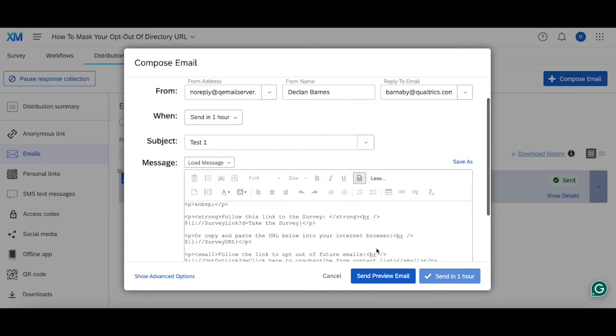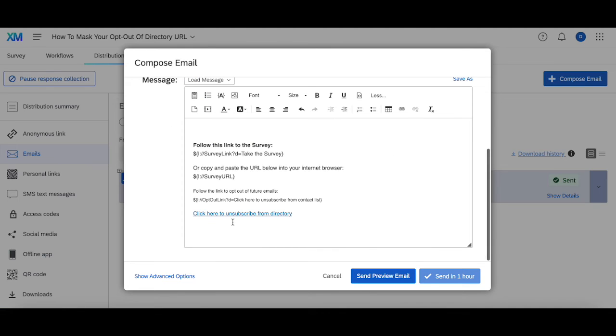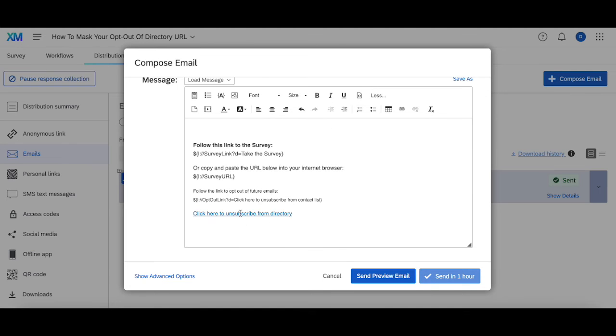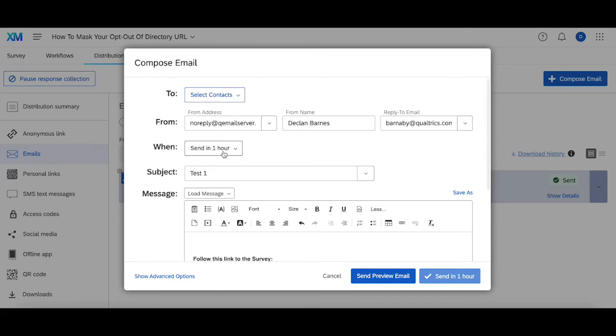While you can't do it directly within Qualtrics, where you can just sort of hide the link, what you can do is in the HTML view, you can create a hyperlinked text value that has the same opt-out link from before. So now if I send this